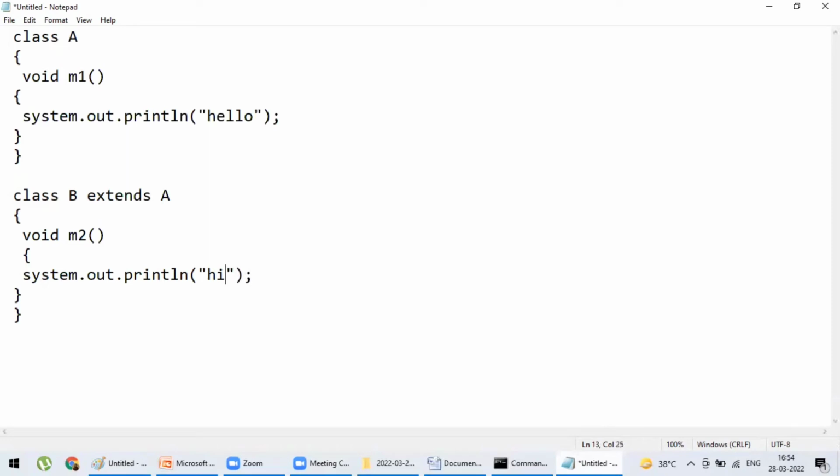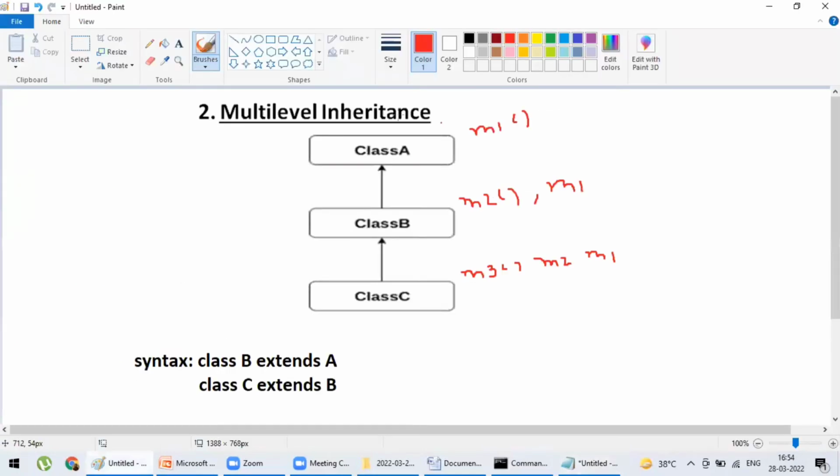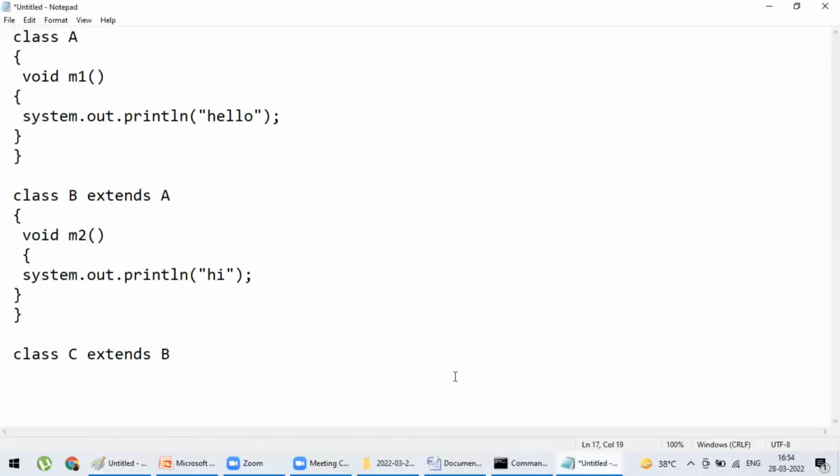So M2 displays hi. Now again, class C, the derived class, extends class B. I'm implementing this diagram with code. So class C extends class B. This is the example of multi-level inheritance.